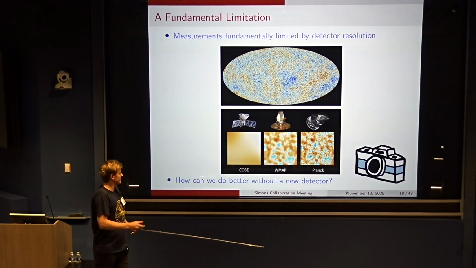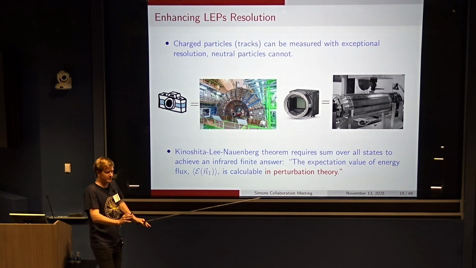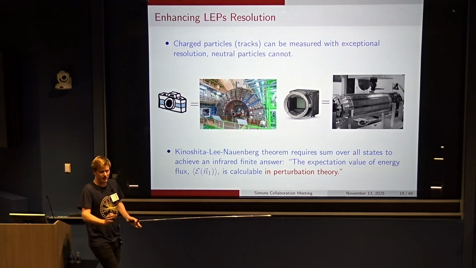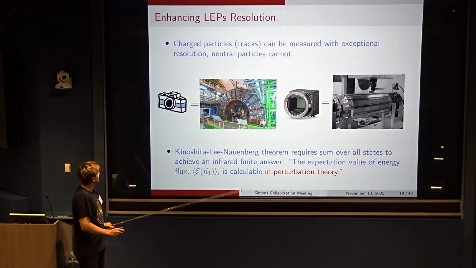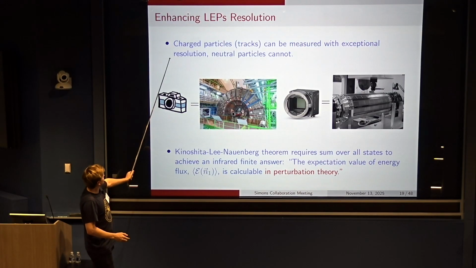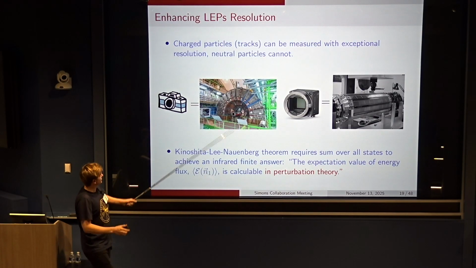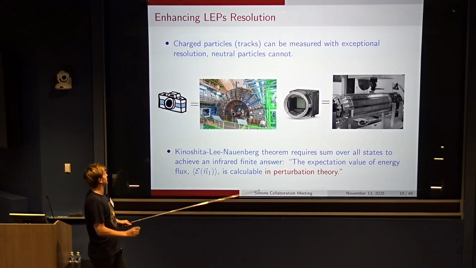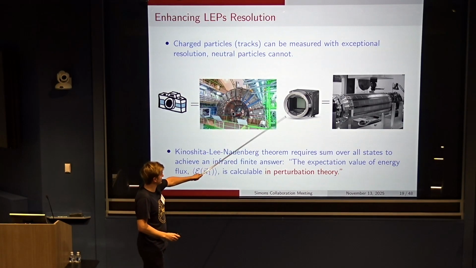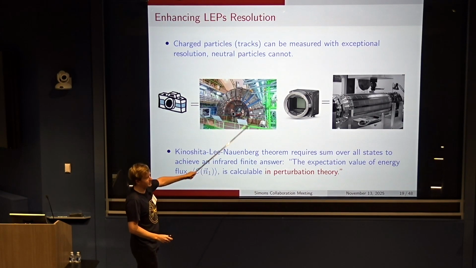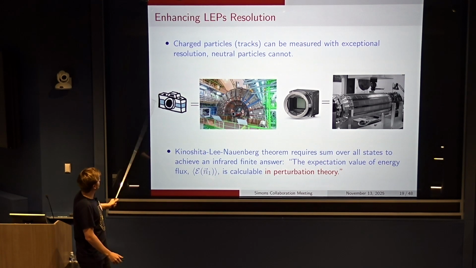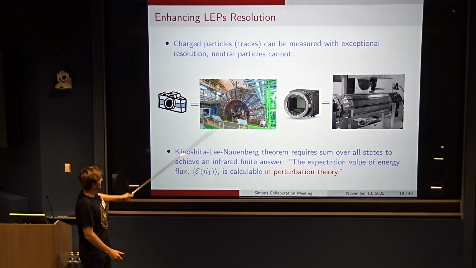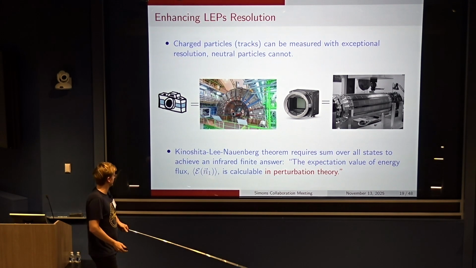To understand this, it's a bit of a technical detour, but I wanted to emphasize it because it's what enabled these measurements to give a lot more power than they used to. One important thing to know is that charged particles, which leave tracks, can be measured with very good resolution, in particular using tracking detectors. You can think of them as being measured with very modern detectors, whereas neutral particles are measured by these giant detectors out here, and these have very poor resolution.